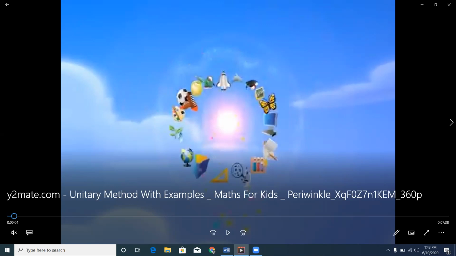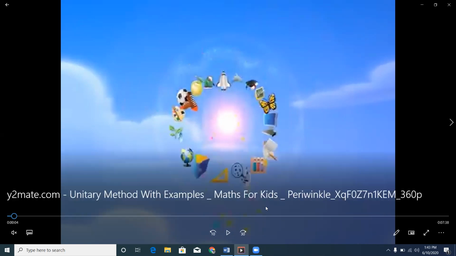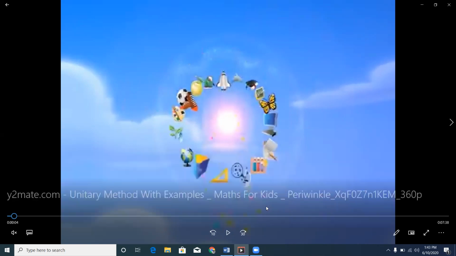For that, first you want to find out the price of one, and then whatever the price of one color box is, you will multiply it by your desired number of boxes, that is 3. So the one box price is 1000 divided by 10 equals 100, and then you multiply the 100, the price of one, by the number of boxes which you need, 3, equals 300.